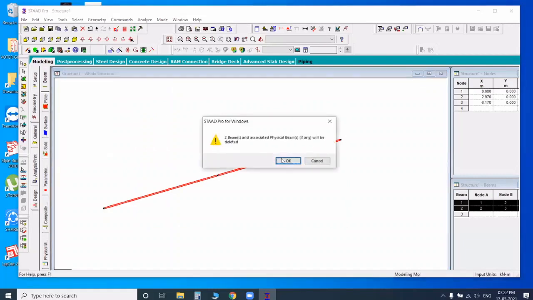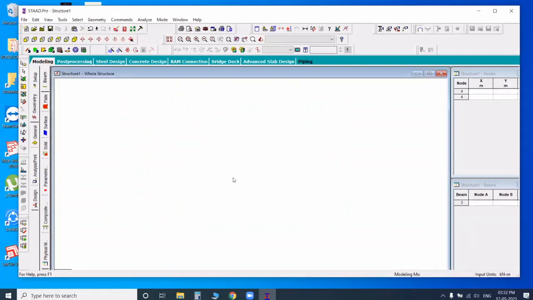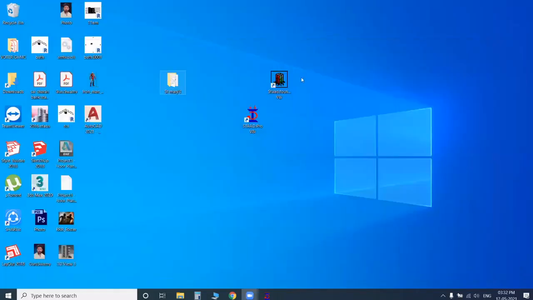Then, for easy purpose, I go with the frame. Okay, frame means